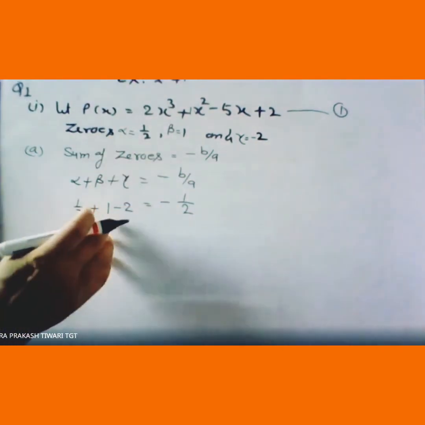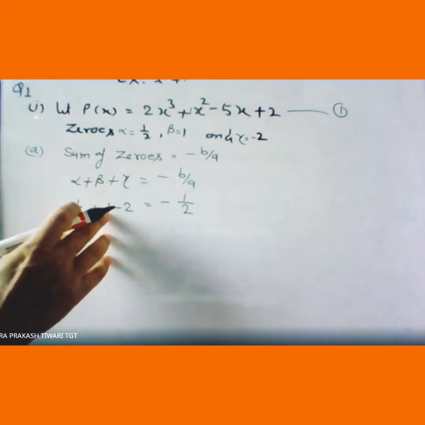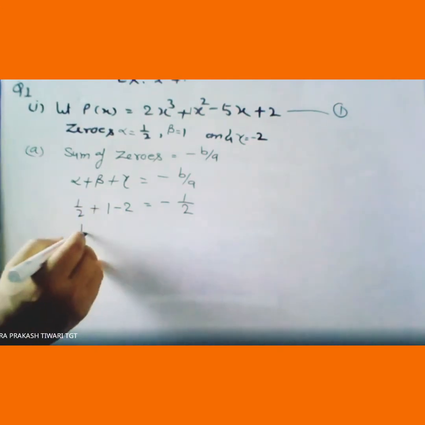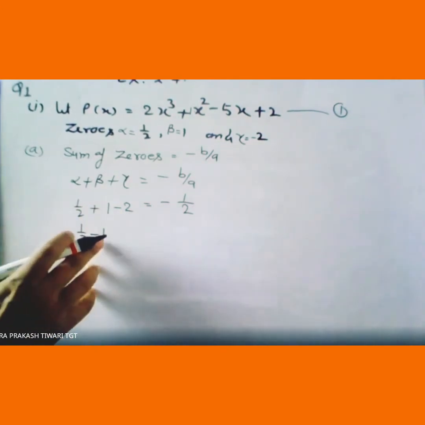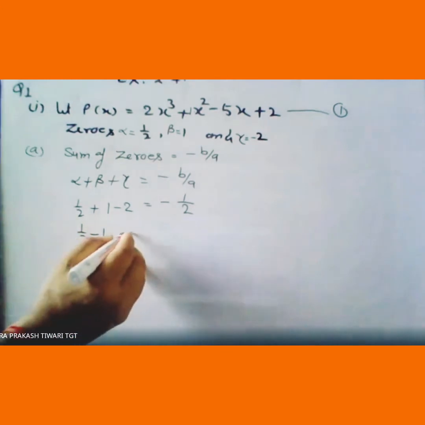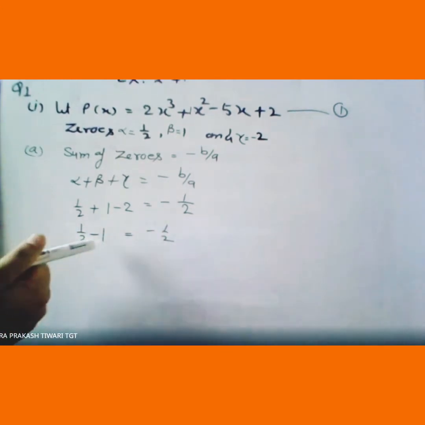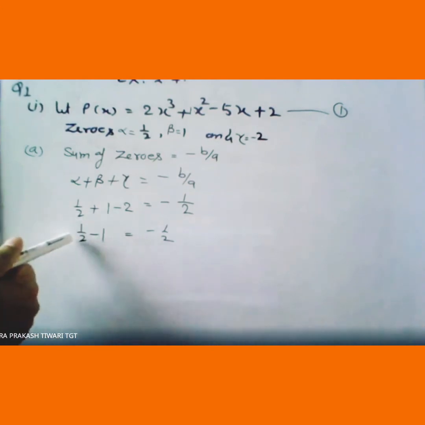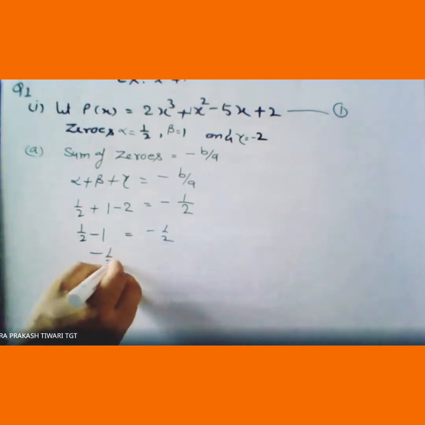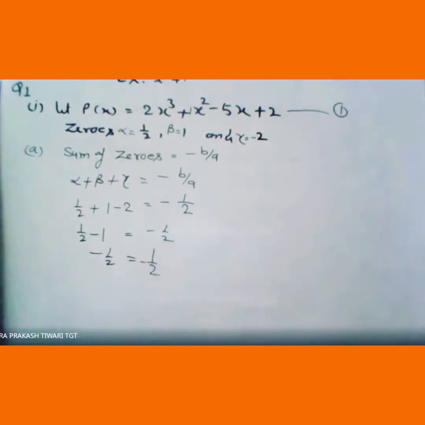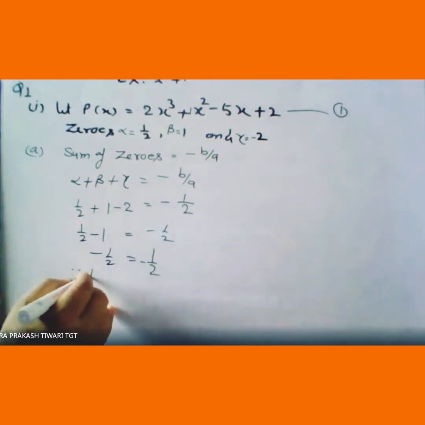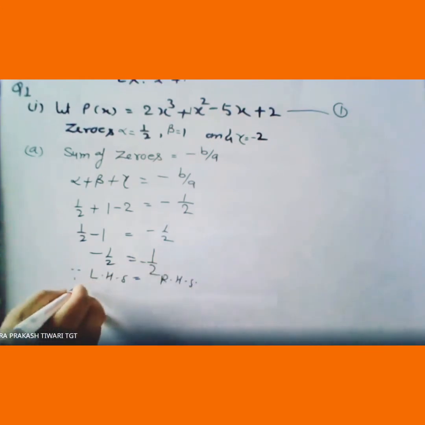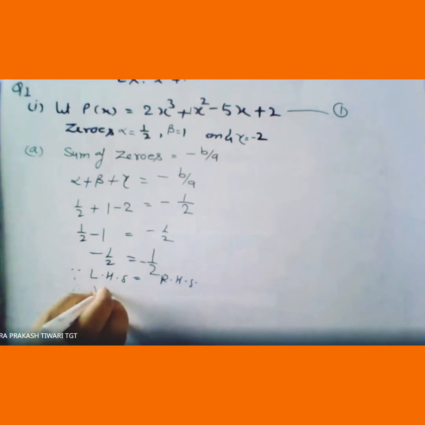Okay. Now simplify this, that is 1 minus 2. Can you say 1 minus 2? It is dear -1, means 1 by 2 minus 1. Again, if we subtract half from 1, what will come? Half will come. Which sign will come? Minus will come, because this is the greatest number of these two. So minus a half equal to minus half. Since left hand side equal to right hand side, hence the first result is verified.